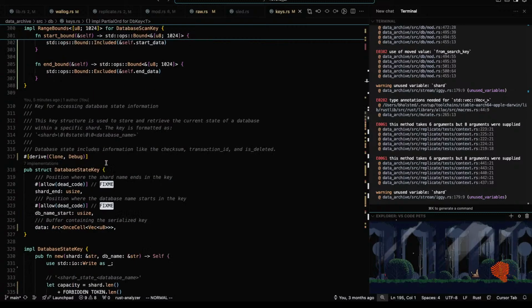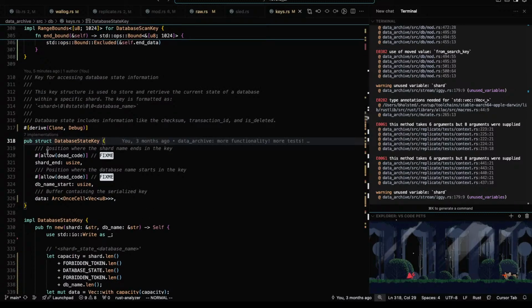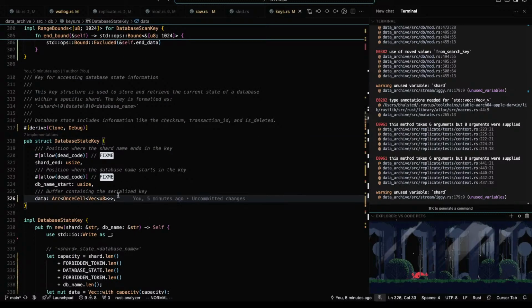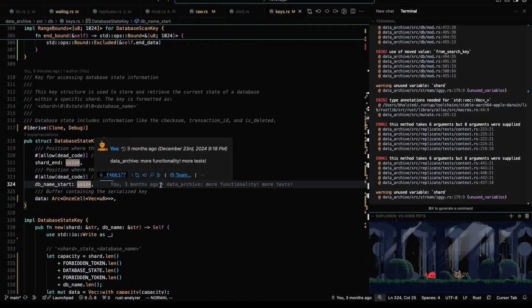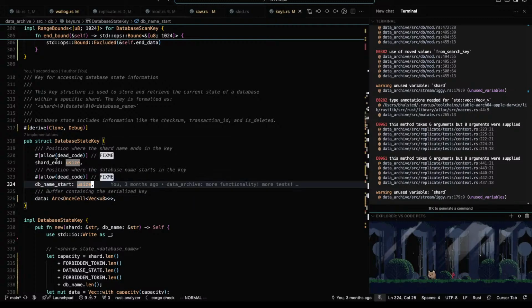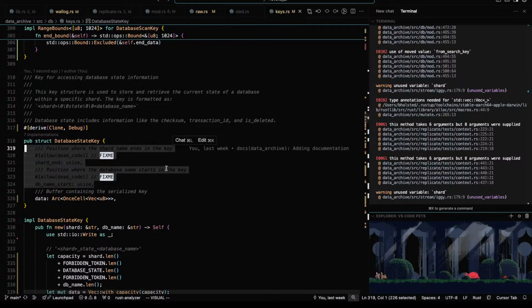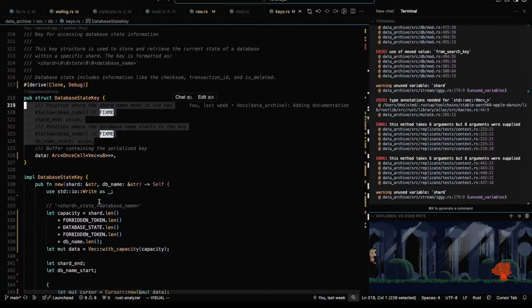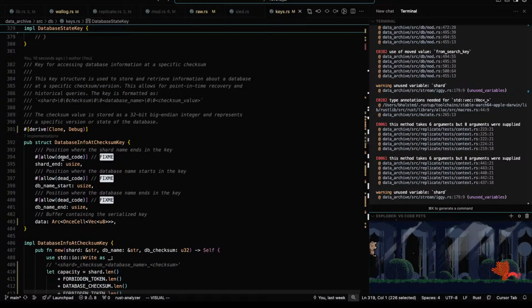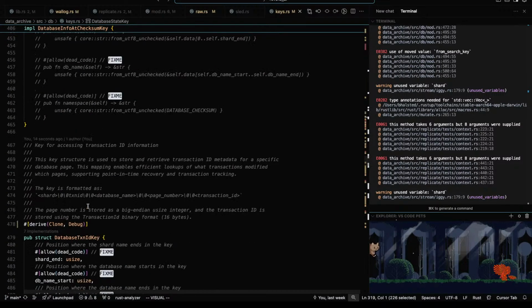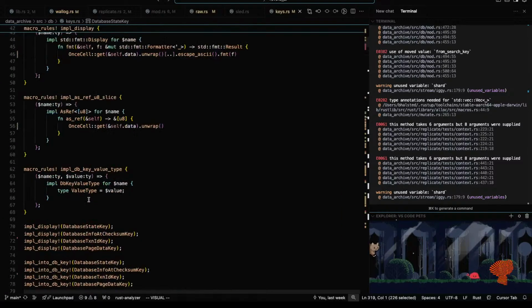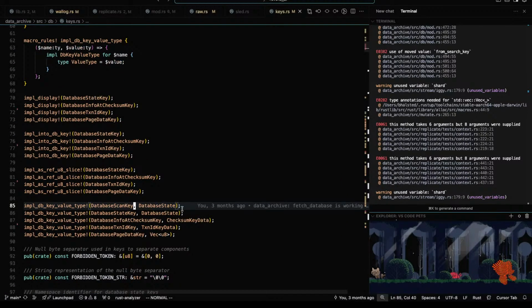Ignoring the scan key. I don't think I need any of this. So if all it is is a wrapper around this, with some associated types I define up above, set up some associated types so that this key is associated with that kind of value.